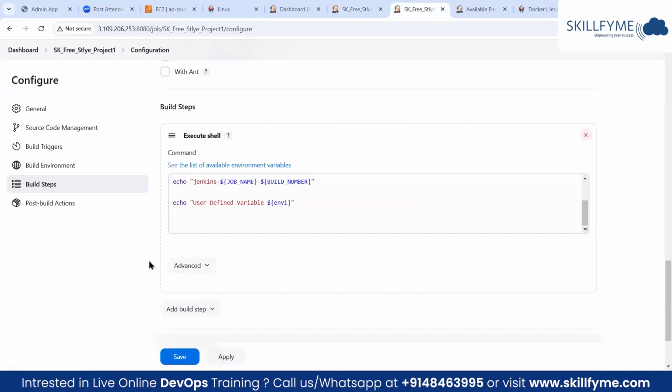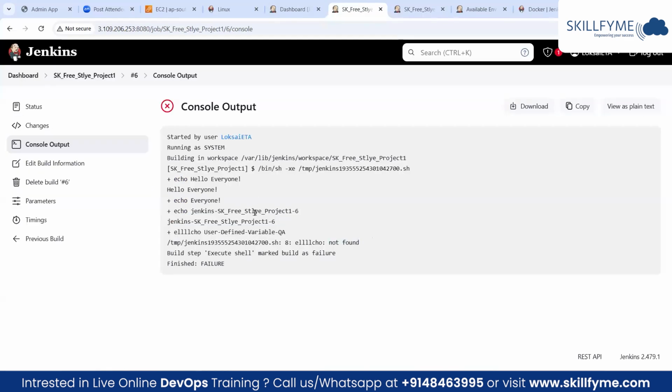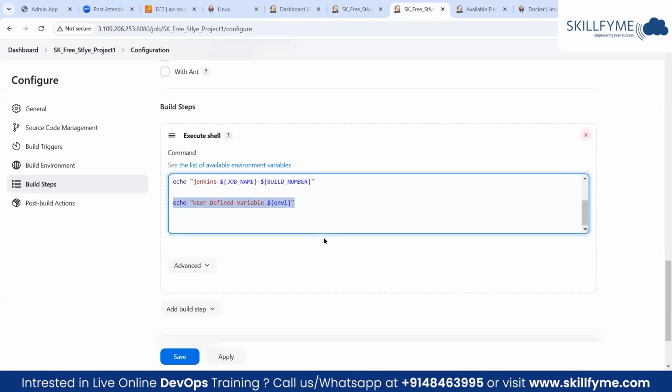Just use this technique to handle any type of errors. Go to the console. At the very least, you should know how to locate the error. That is the primary step. As soon as you get the job status as failure, you should not just say the job is failing. That is the final result. But where it is failing, in which stage or which step it is failing, and what is the reason for the failure? You should understand the error message properly. If you can locate and understand the error message, your 60% work is completed. The remaining 40%, you have to diagnose and